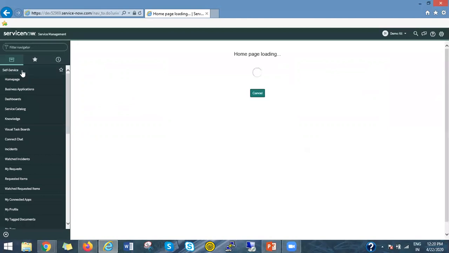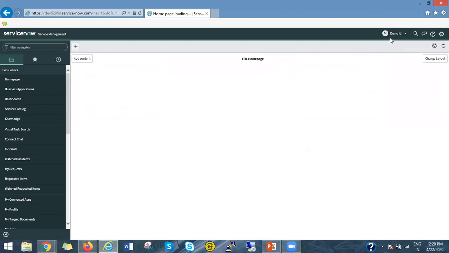So now here you can see the difference because I'm logged in as the demo ITIL user and this user only has the ITIL role. Okay, this user doesn't have the admin role, so you can see the difference.